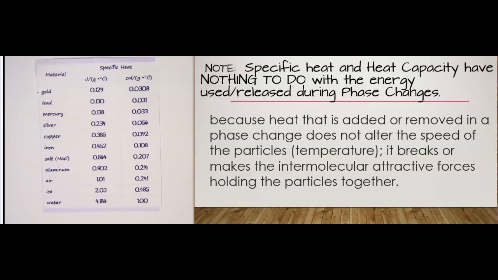Now, what it does do, for something that has a very low specific heat capacity, the sloped lines on the heating curve are going to be steeper. Why? Because it doesn't take as much energy to make it happen. But the phase change, those flat lines, are not going to be affected by specific heat and heat capacity. And the reason why is because when we are breaking things up, we're breaking the intermolecular attractive forces,